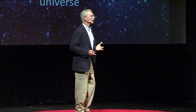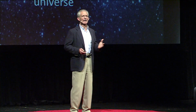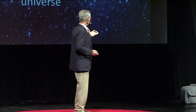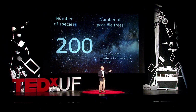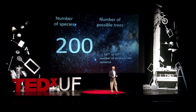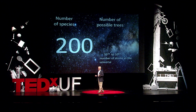But I think it's really hard for people to comprehend a tree of that size, of that many species. So to help, we have a prop. Unfurling is a species tree of just 1,000 species. This is printed at 12-point font, a normal font size, single space, and that looks quite large, doesn't it? But the actual tree of life, if we were to print it at the same scale and the same font,